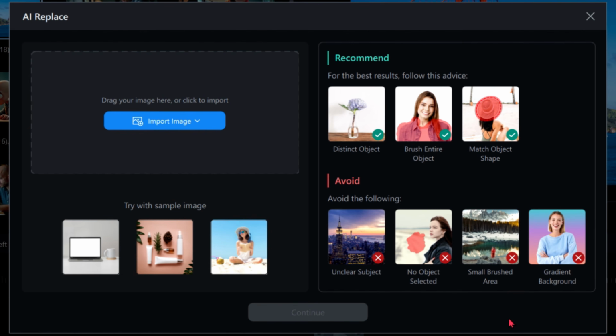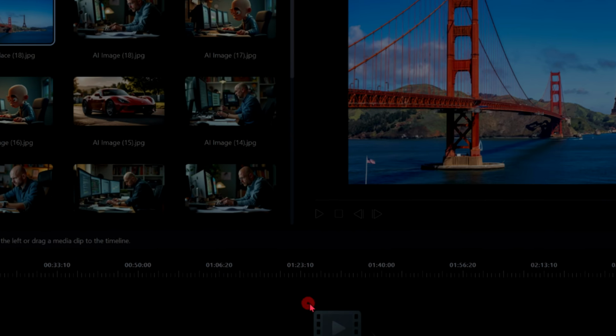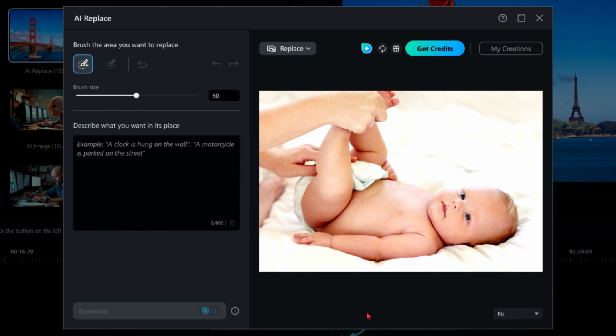This time, I'm going to drag over an image of a baby getting a diaper change. When it's there, I'll click on Continue. Oh, I can hear a bunch of you now. Baldy, where are you going with this? Well, the answer is really weird. Here, hold my beer. I'll leave the brush size at around 50, and then click on the brush tool, and